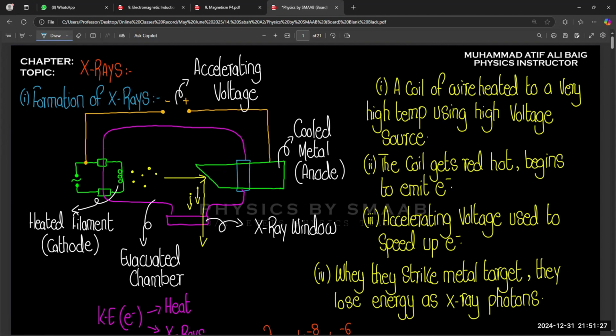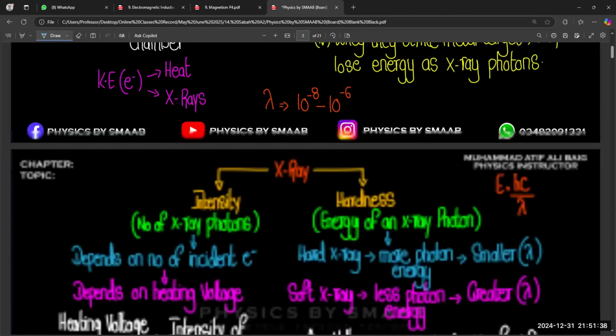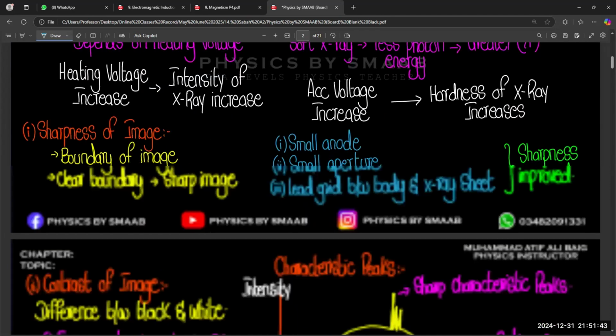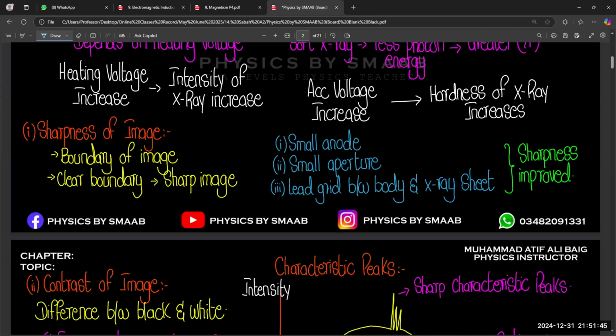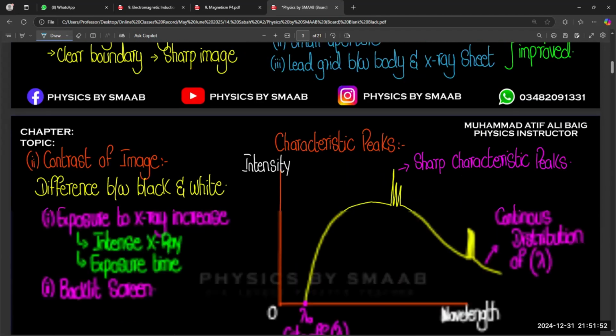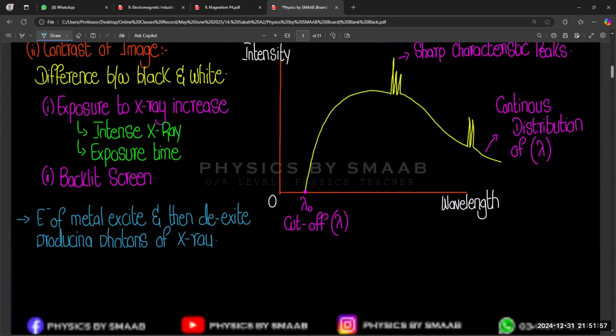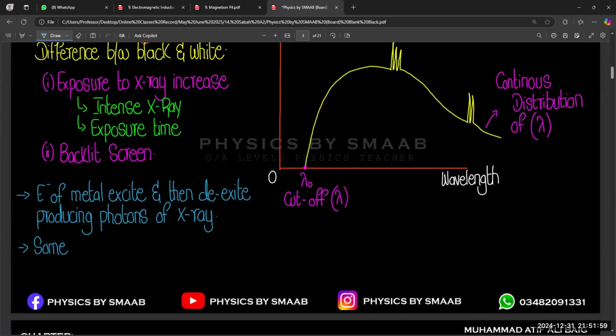It is kind of like chemistry and transition elements, where the same whole thing gives different colors. This is also the same idea. When we give energy, the particle jumps up to a higher energy level. After reaching the excited state, when the particle is not able to maintain its energy at that level, it becomes de-excited and comes back to its normal ground state, emitting a photon. So the same idea.